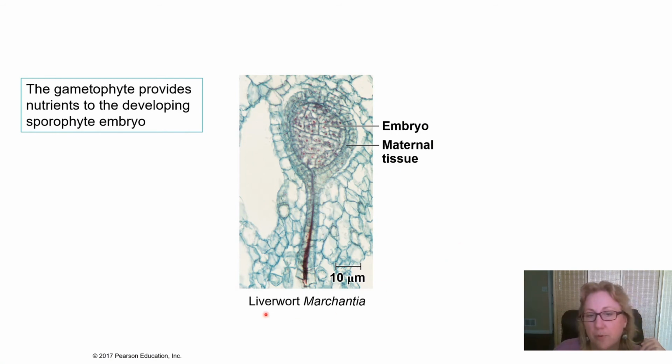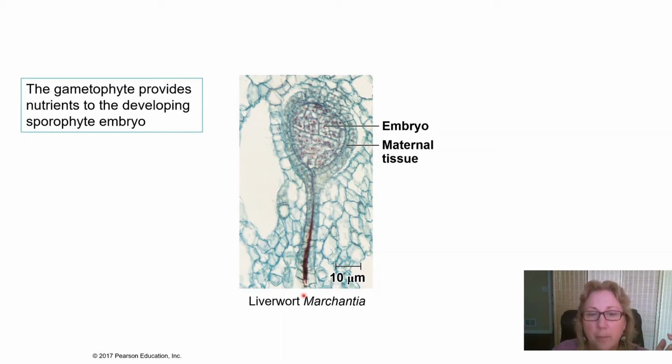So here's a much more primitive plant. We're going to spend some time talking about liverworts and mosses because they're the most primitive plants that still have existing species alive today. And liverworts, they might be the weirdest plants that still exist today.